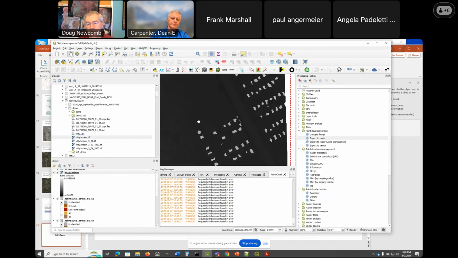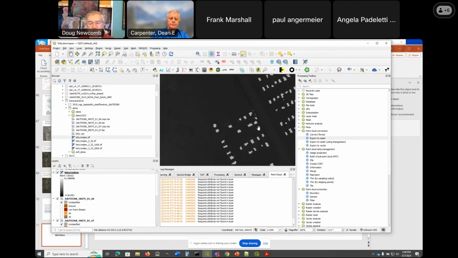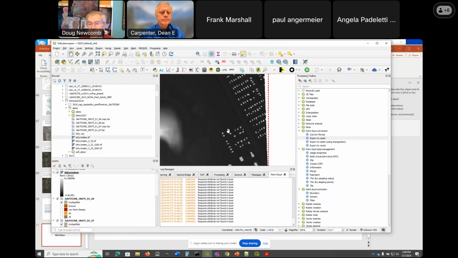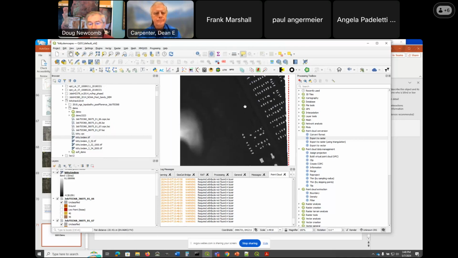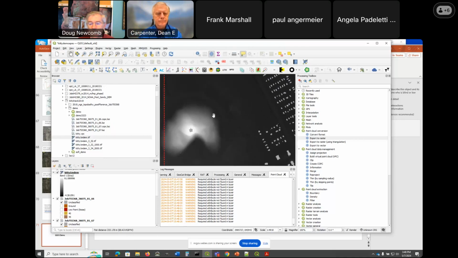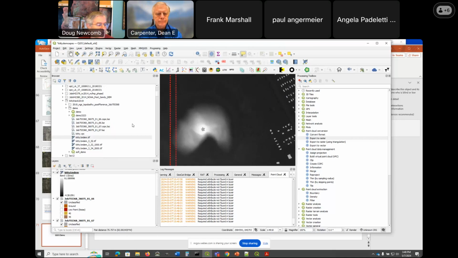When you use the hydro flattening algorithm, it also flattens underneath the buildings, so you get a flat surface under every building, which is going to approximate what the ground surface is at the building foundation, which might be useful to folks as well. But that's pretty much all the demo I have,